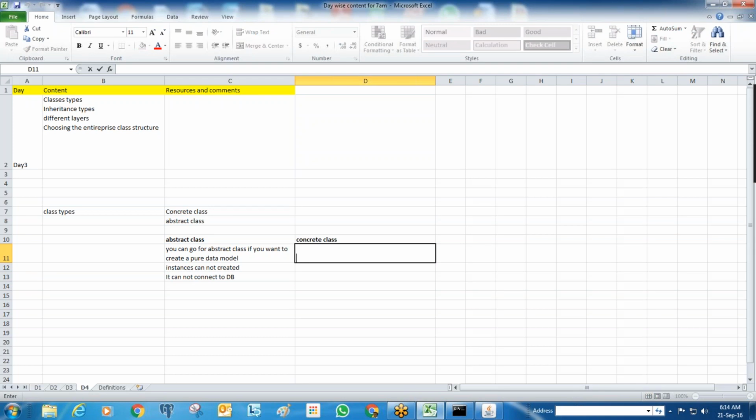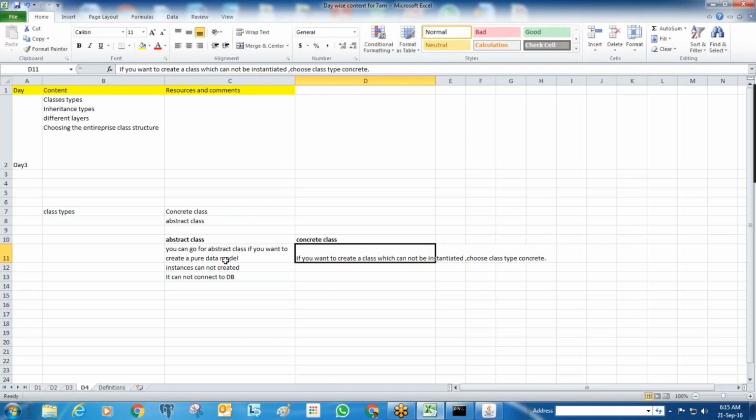Coming here, if we want to create a class which can be instantiated, choose the class type as concrete.